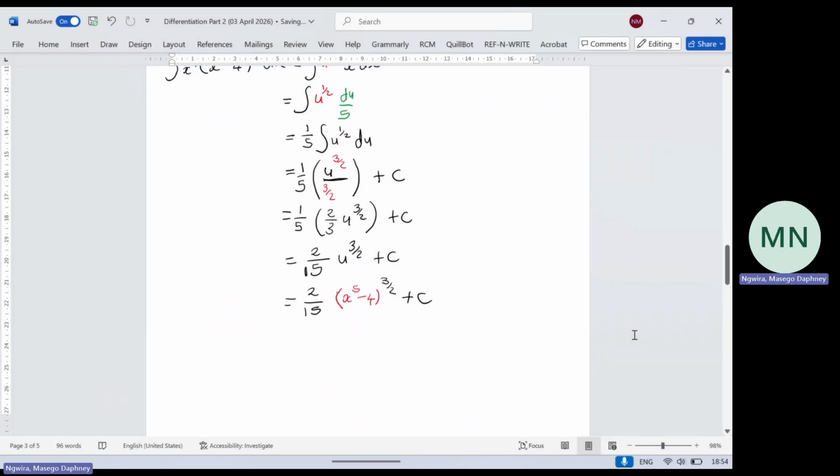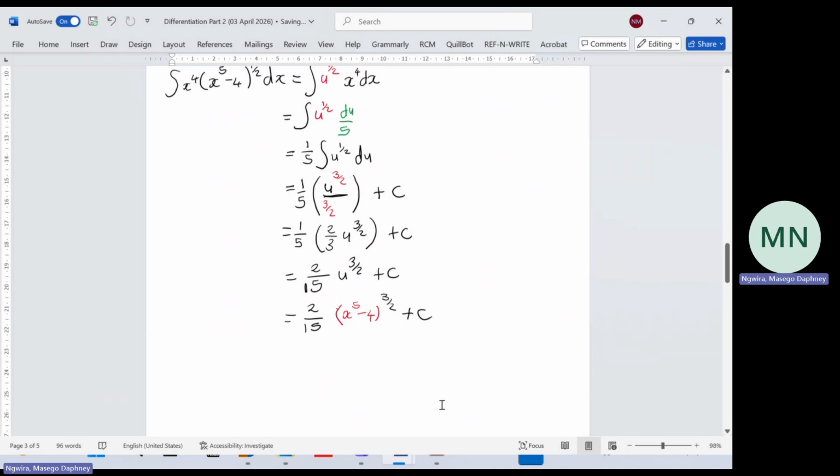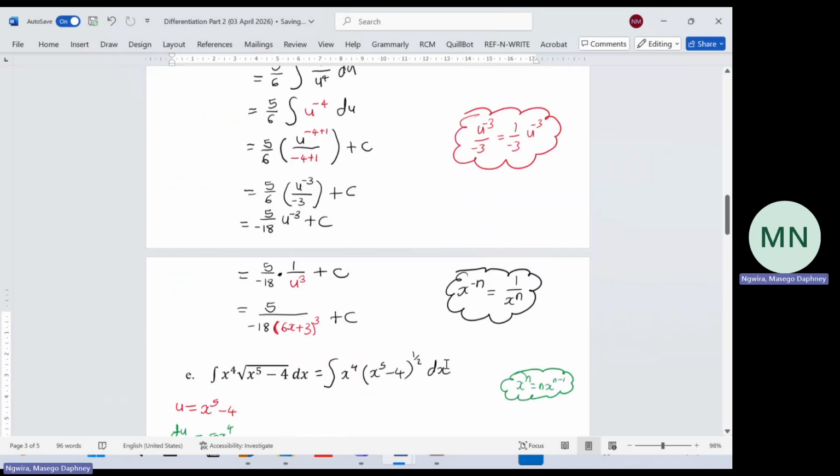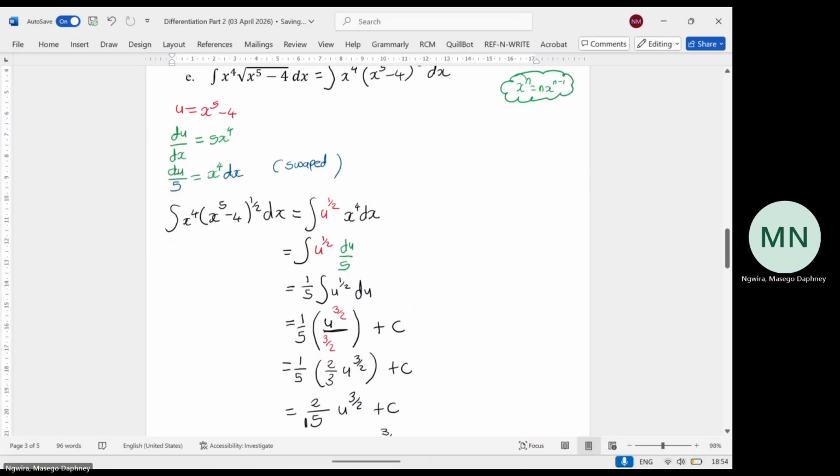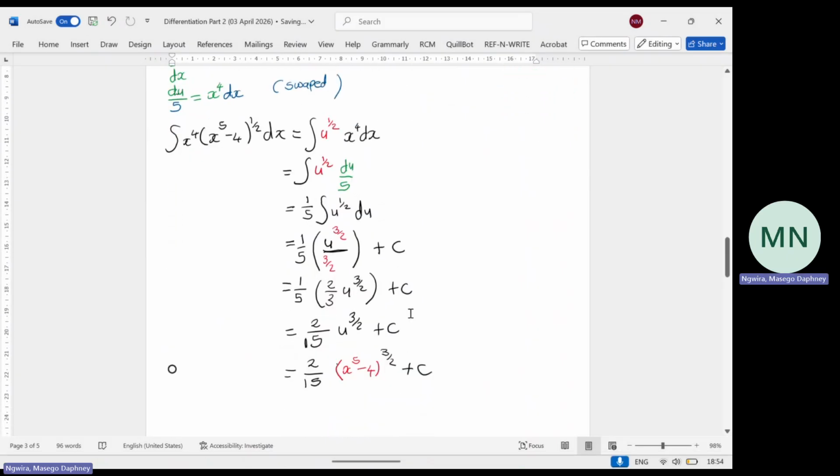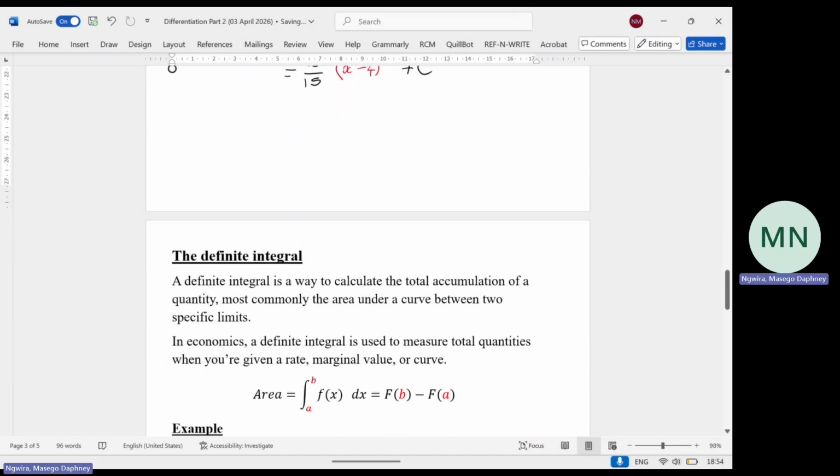And then now we move on to the definite integral. I hope I wrote the correct spelling. They're saying that a definite integral is a way to calculate